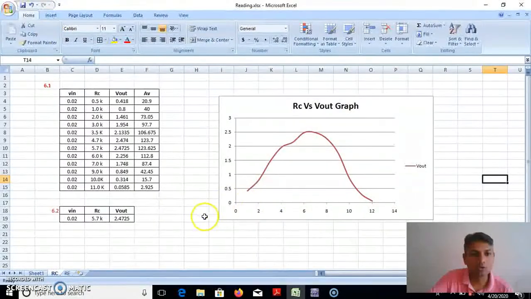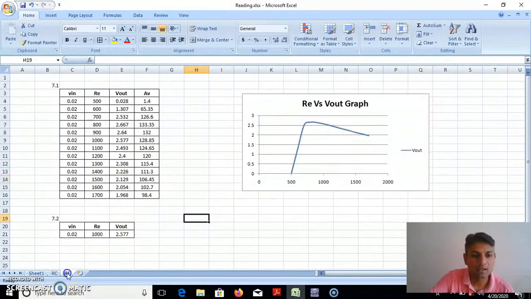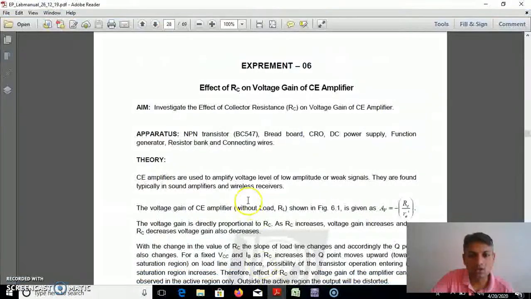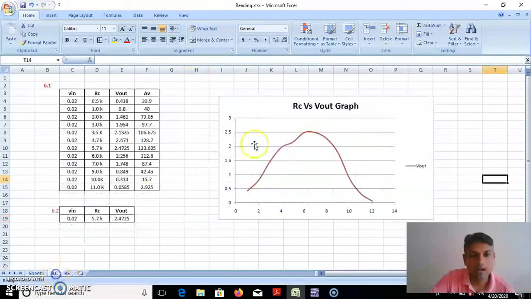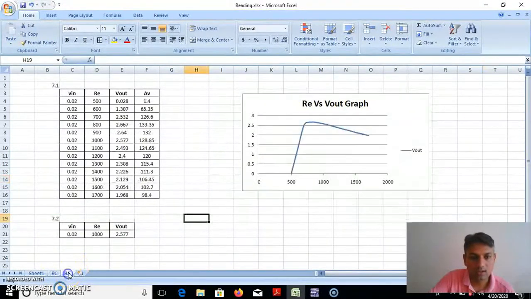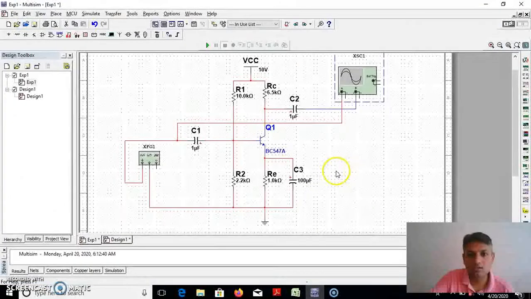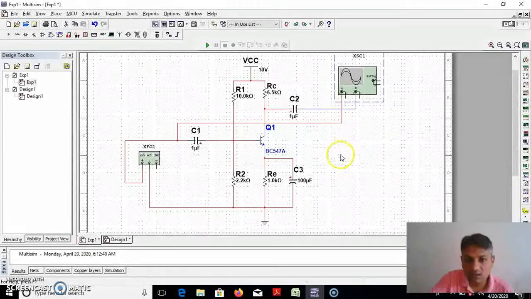That reading, hope you noted down, of experiment number 6 from this Excel sheet and experiment number 7 from this Excel sheet. Now in your journal, you noted down that reading, and on the graph paper you are required to draw a graph of RC versus V out and RE versus V out. Hope you cleared the procedures to implement the circuit on Multisim.